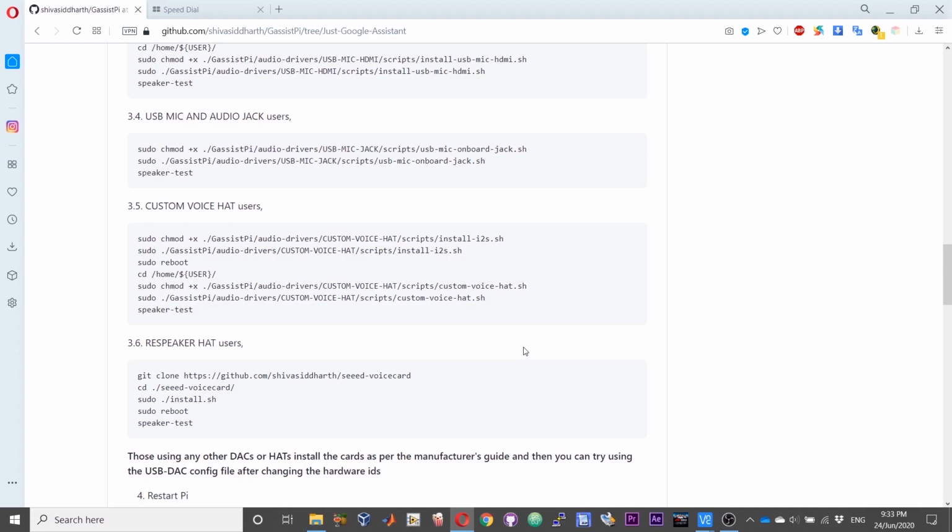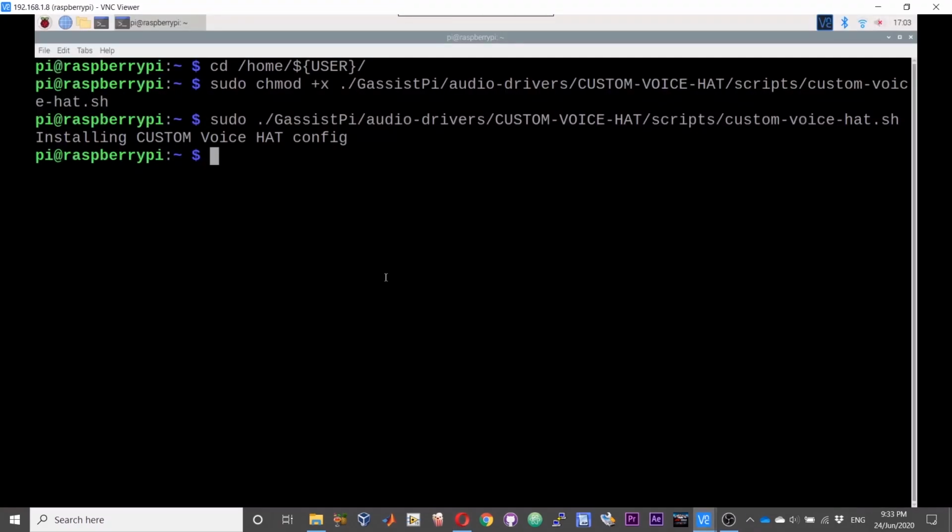If you copy paste all these commands onto the terminal, the process of installing the audio configuration files is pretty straightforward.